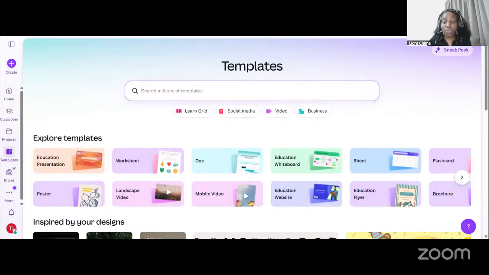You're seeing different worksheets, different presentations, different materials, different resources that have been created by Canva, and you're fully using these templates to create your own resource. So I'm going to be taking us through the Canva interface. I know I've done this before, but I'm going to take my time to do this so that you're going to understand